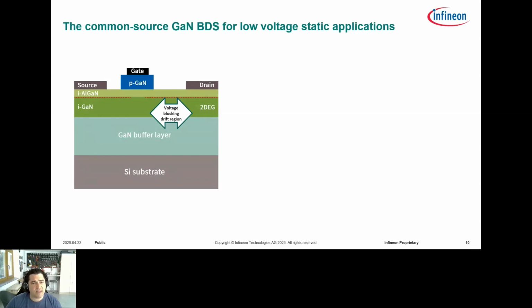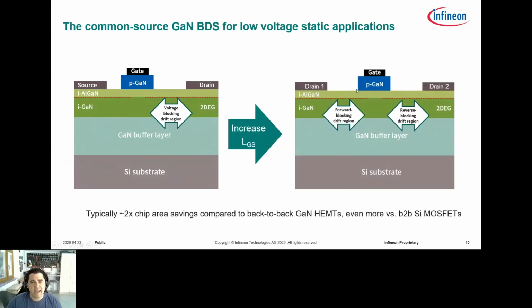Since the device was not scaled that way, you are not going to find that the gate survives such a high negative voltage. So if you want the switch to be able to block 100 volts on the left side or on the right side, you need to increase that distance. And if you increase the distance from the source to the gate, now at this point, then